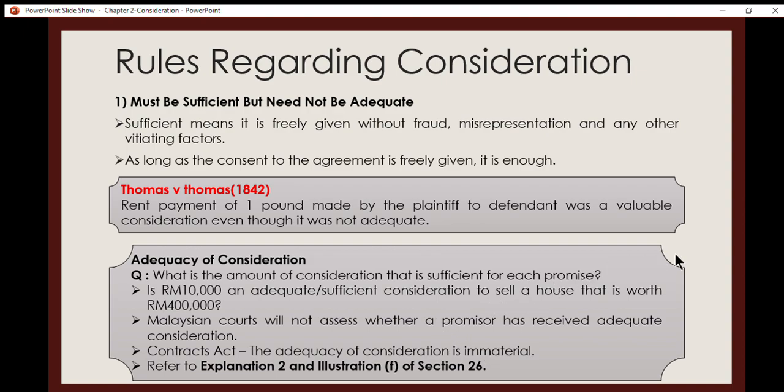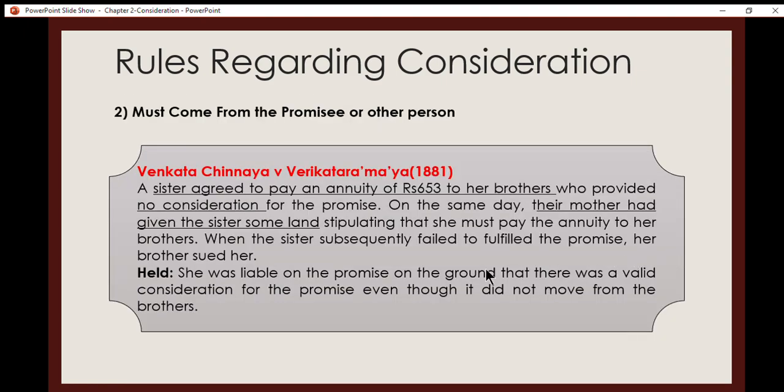of consideration. The second rule of consideration is that it must come from the promisee or another person. Promisee here is referring to the other party. We have a promisor, the other party known as the promisee, and consideration can also come from another person. An example of a case is Venkata Chinaya against Venkata Ramaya,